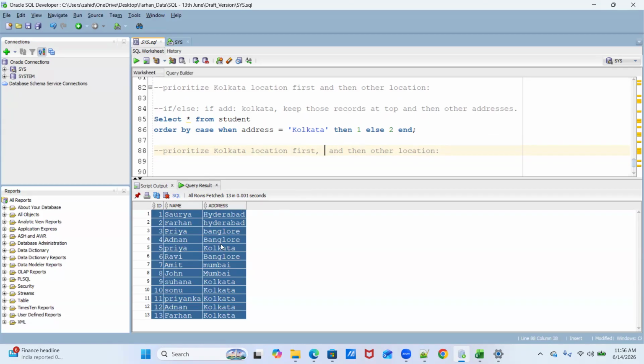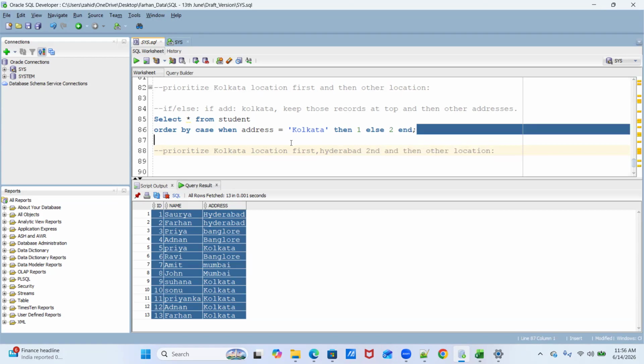I've already explained, but yeah. Okay. Let's go ahead with Hyderabad. No issue. We'll cover that also. I've already explained when explaining upper and lower, so here also this will be useful. But yes. Okay. Kolkata location first, Hyderabad second, and then all other records, and then other locations.